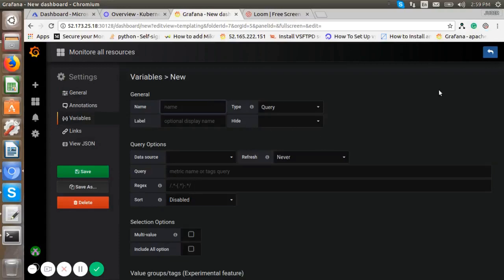Now the variable name is instance, type is query. Our data source is InfluxDB. Select the InfluxDB data source, refresh on dashboard load, and write the query like that.